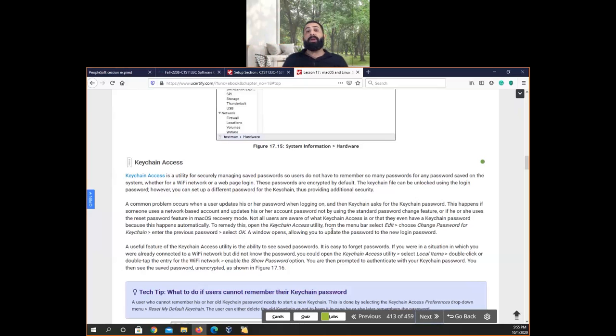Whenever you install Macintosh, it will ask you a question: do you want to use the keychain access to store the password so you don't write it down again? And you'll say yes. So they will say you need to create a password to access the keychain.